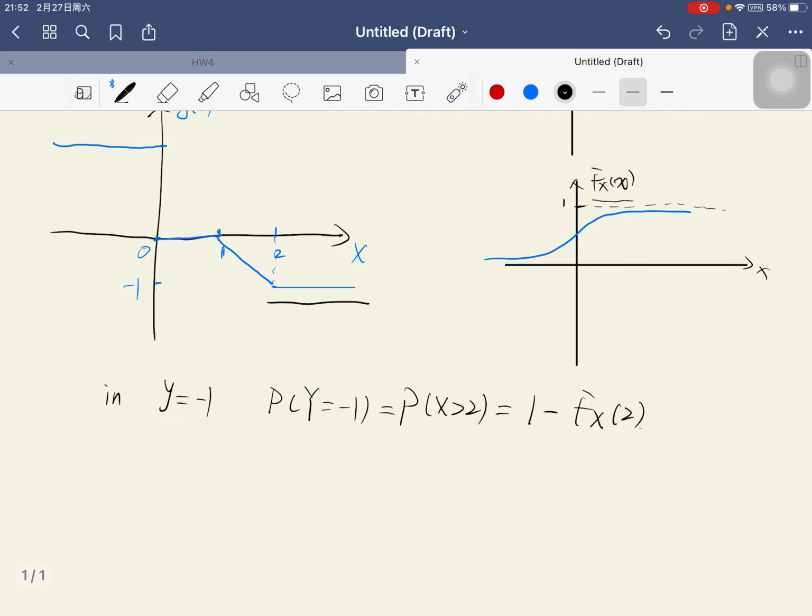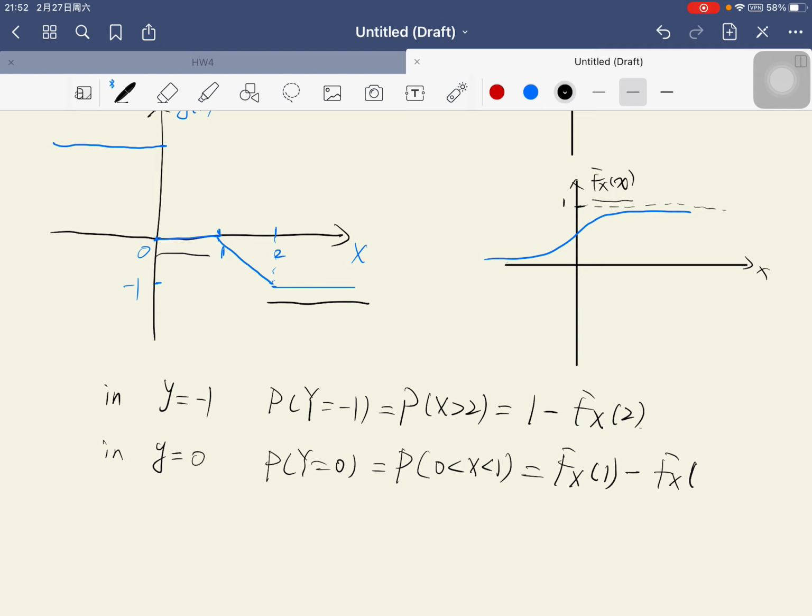And the probability of y equals 0 is equal to the probability of x from 0 to 1, so it is equal to the distribution function of x at value 1 minus the distribution function of x at value 0. And